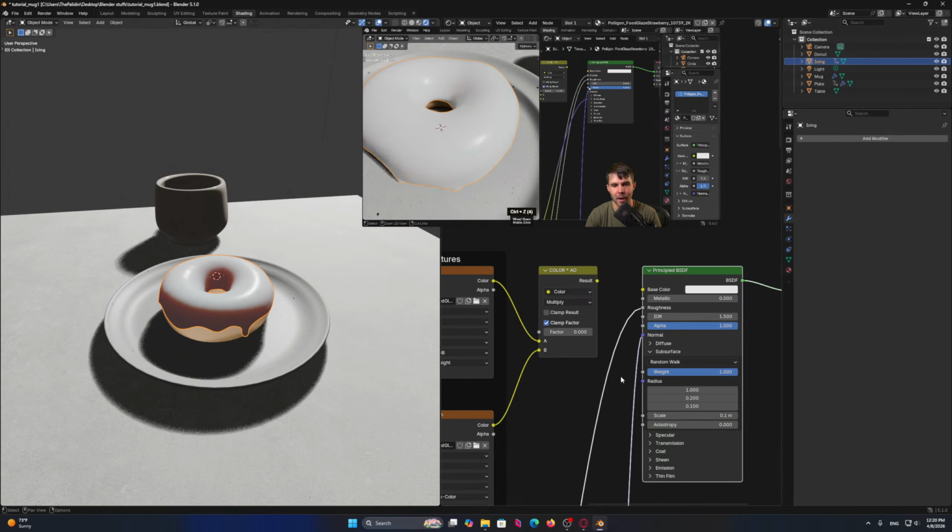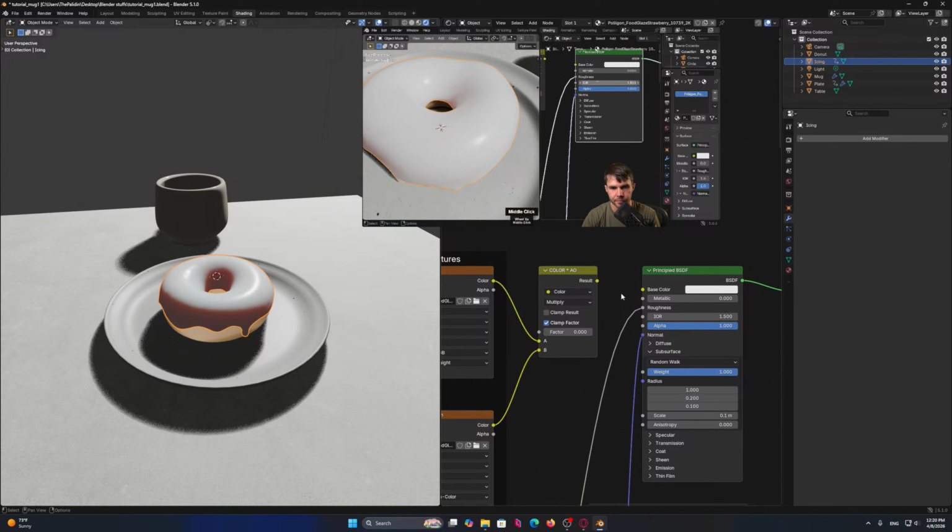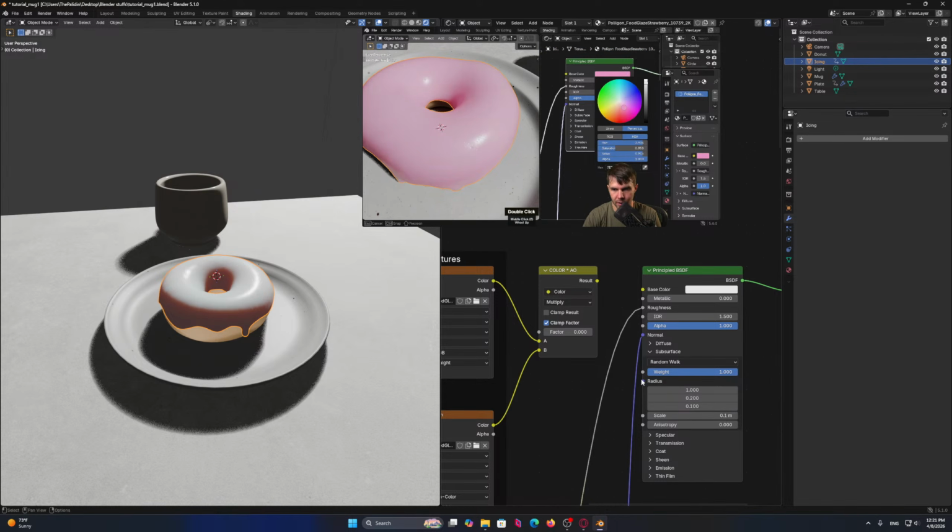Oh, I should explain how I was disconnecting those. If you hold down Control and then right-click drag, that is how you can disconnect. You can also just click these points and then disconnect like that. But I prefer to Control, right-click drag, and that'll cut it. And now that I'm here, I'm just going to set these values to what I had